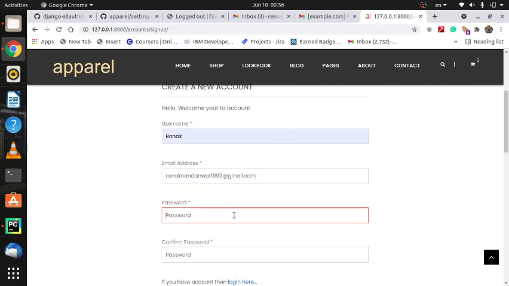Now the password you can choose on your own, but it must be strong, otherwise Django will not accept it. So try to use alphanumeric characters with some special characters like at the rate, hash, dollar, modulo. And this 1999 and 10 email ID I made only for the Django process. If you try to contact me through this email, you cannot reach me because I never check this email. It is just a waste email ID used by me for making this video.